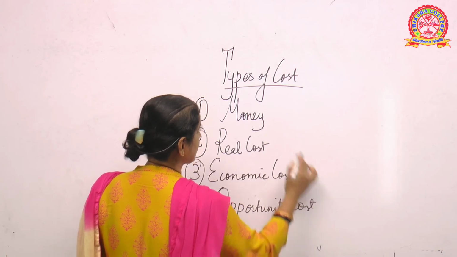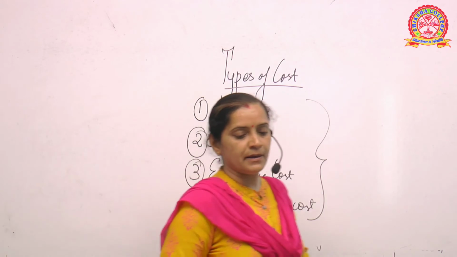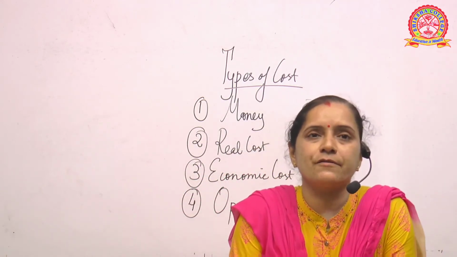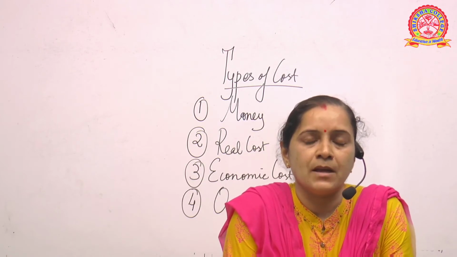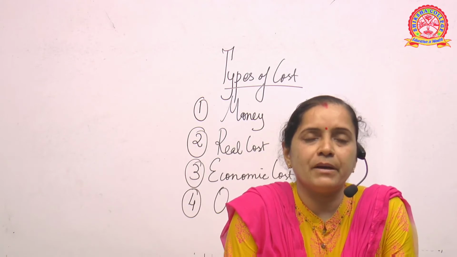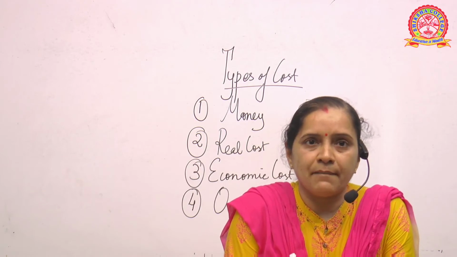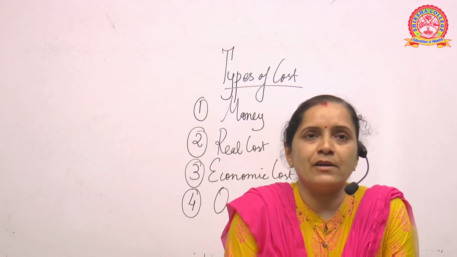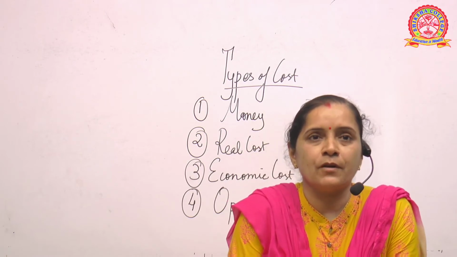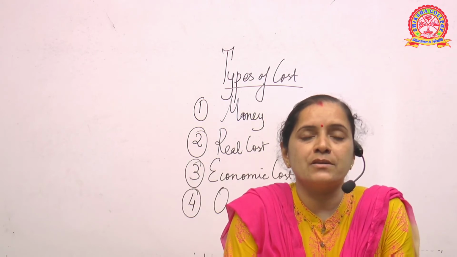So let us first discuss these 4 kinds of costs so that you will be very familiar, or you will be very much aware of what we are exactly talking about and what is the importance of cost in the entire economic system. See, in economics we have 3 important processes, as I told you from the beginning of the class. There is production, distribution and consumption. Now coming to the production part, we have already discussed in the last chapter what is production function, and what is variable proportion, and what is return to scale.